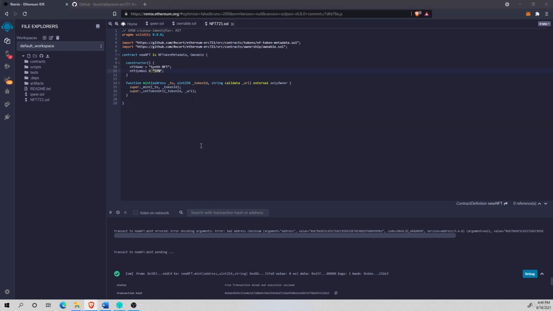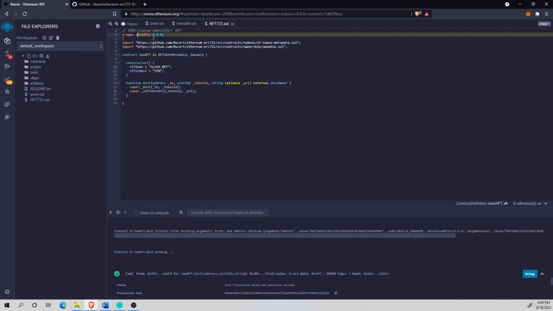Okay, so what do we have here? Basically, first line we have the license. We are using this SPDX license. We have the version of Solidity, pragma solidity 0.8.0, and then on lines 4 and 5 we import the ERC 721